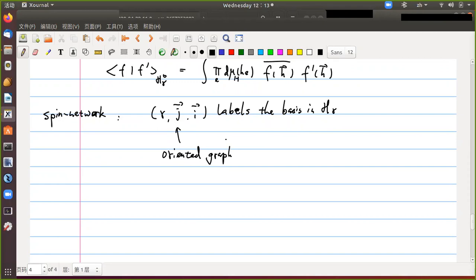In my notation, graph means lattice and lattice means graph, whose edges E are colored by spins J_E,